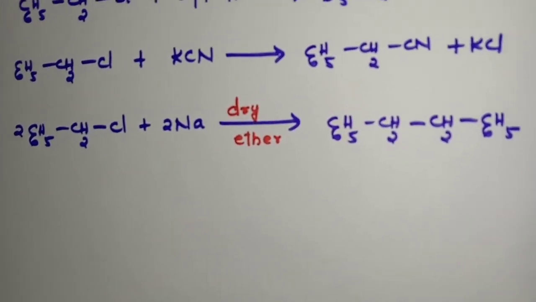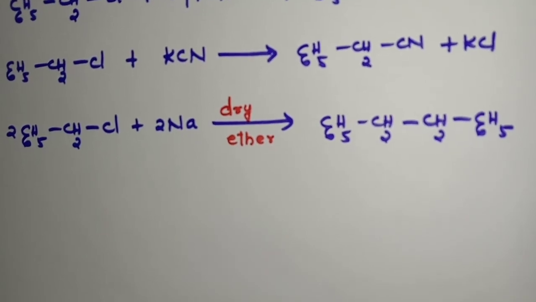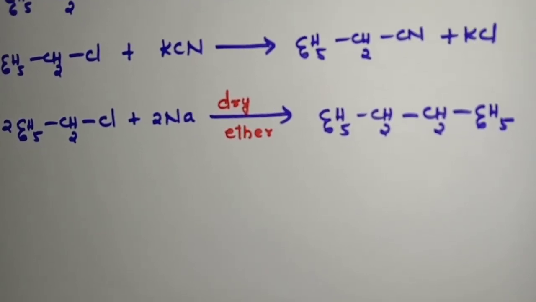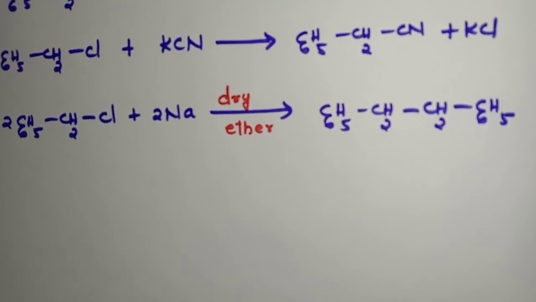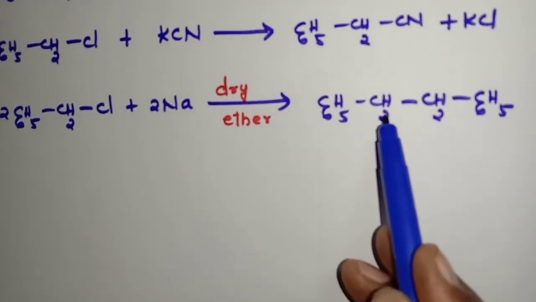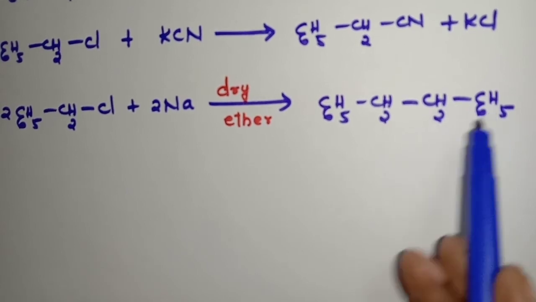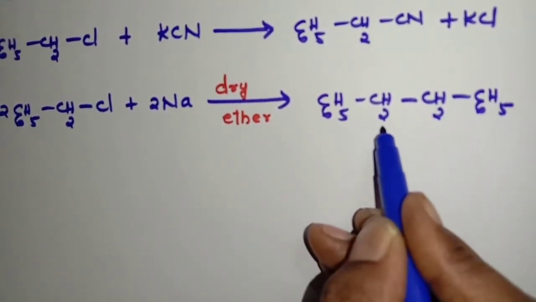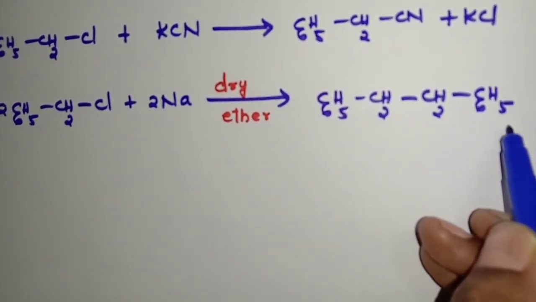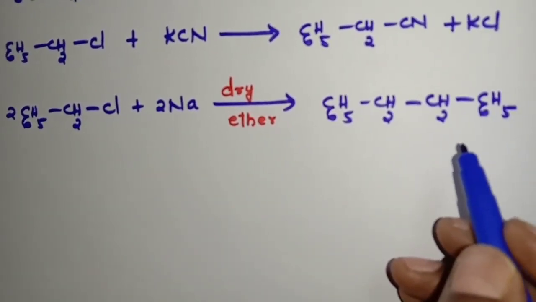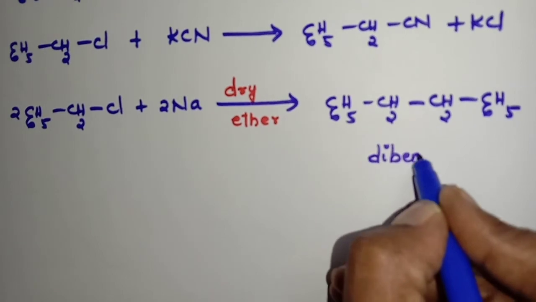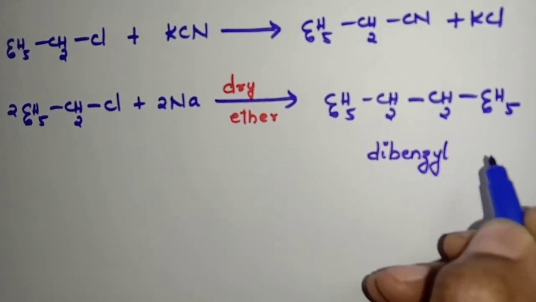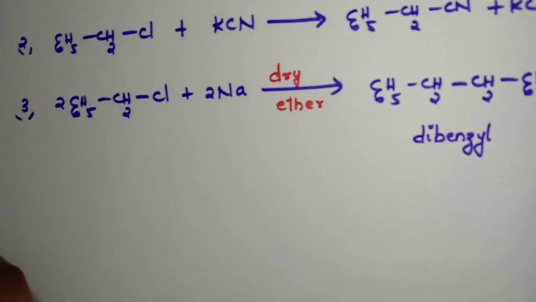Previously we could prepare diphenyl from aryl halide, students. There we have C6H5C6H5. But here we can prepare C6H5CH2CH2C6H5. This group is one benzyl group. This group is another benzyl. So total 2 are there now. It is called as dibenzyl. Okay, I am writing its name here. Dibenzyl. There we have prepared diphenyl, students.